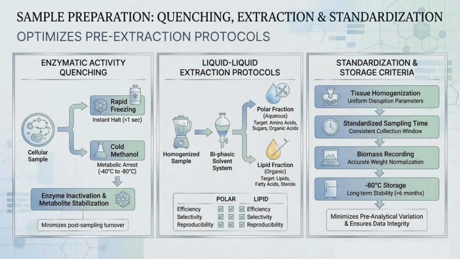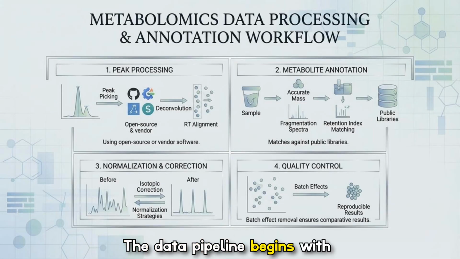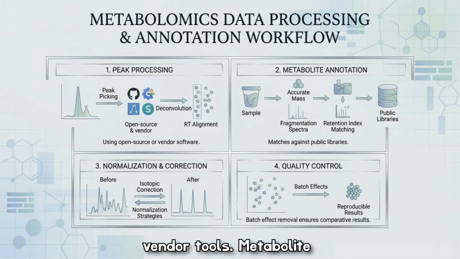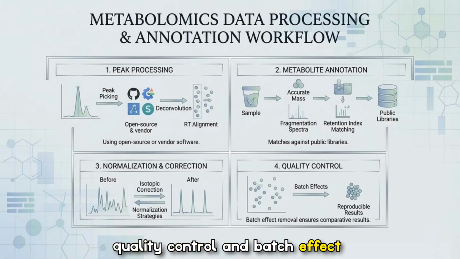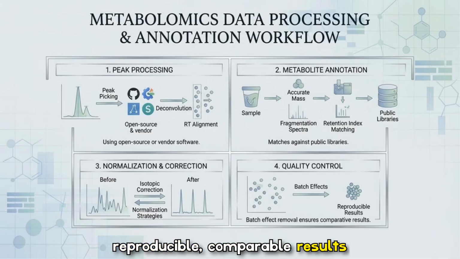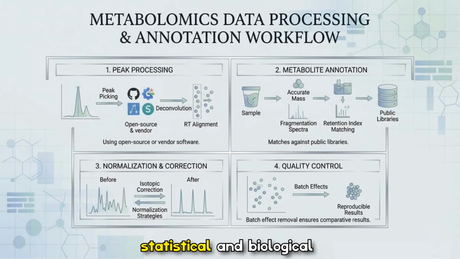before any analytical run. The data pipeline begins with peak processing, peak picking, deconvolution, and retention time alignment using open source or vendor tools. Metabolite annotation combines accurate mass with fragmentation spectra and public libraries, followed by normalization and isotopic corrections. Finally, quality control and batch effect removal are critical to ensure reproducible, comparable results, and to make downstream statistical